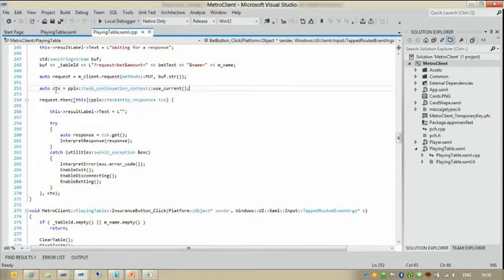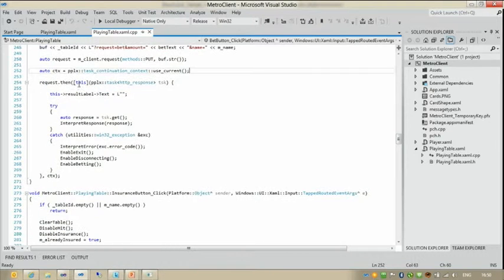Okay, so we capture the context, and we then make a request. It says request.then. We created the request here, and we've actually made the request already, up here. But then allows us to hook on a lambda to handle the response. Whenever the response comes, this code gets called, and it gets called on the GUI thread.